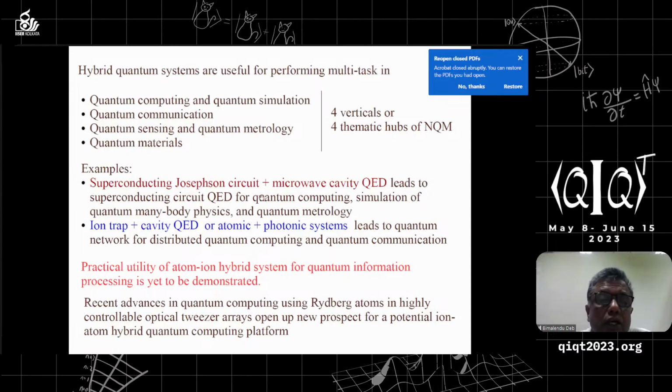And this Josephson circuit is an LC circuit without any resistance or loss. And when one quantizes this circuit, then one gets an anharmonic ladder of states,